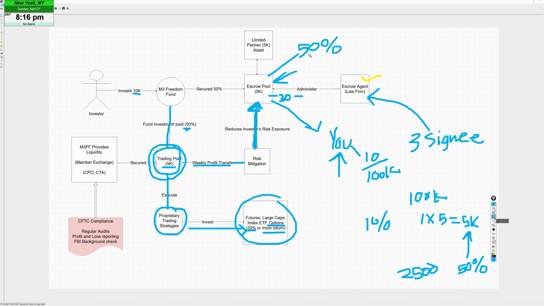It could come down to 49%, 48%, 47%, and we project that it's going to take us about 30 weeks, based on some very conservative trading,